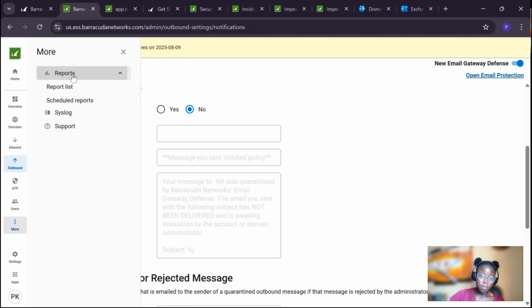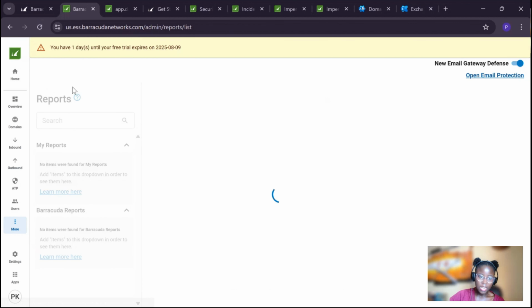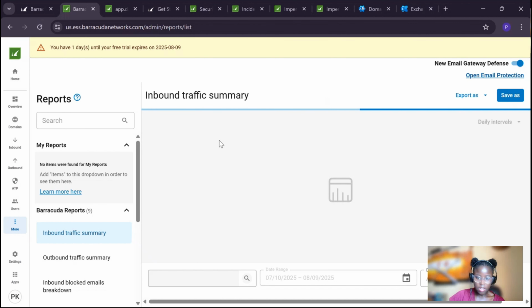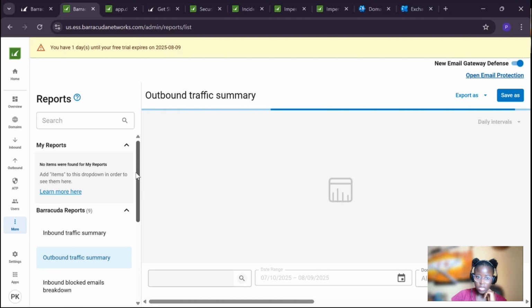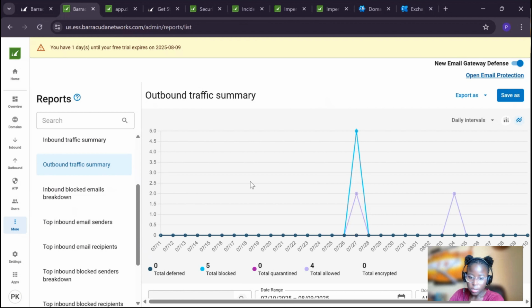And under more reporting, you can get a list of reports available over here. So over here, we can see the inbound traffic summary. We are going to get information about total allowed emails, if there are any blocked, any deferred, or any quarantined, depending on your roles. Also the outbound traffic summary, so that will also be available over there. How many were blocked, how many were allowed,